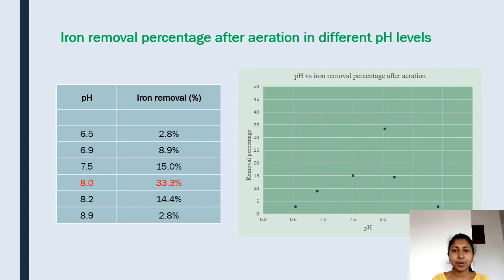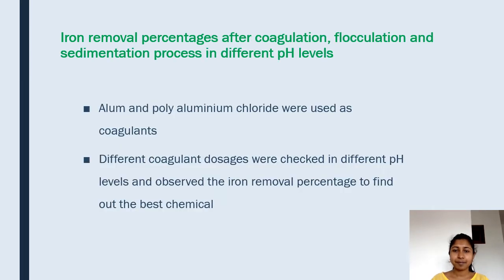Secondly, the aeration process. I checked different pH levels. The best pH level was observed as 8. Third step was the coagulation, flocculation and sedimentation process. Alum and polyaluminium chloride were used as coagulants. Different coagulant dosages were checked in different pH levels and the iron removal percentage was observed to find out the best